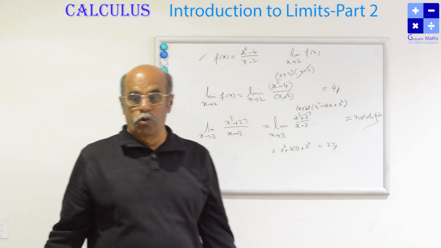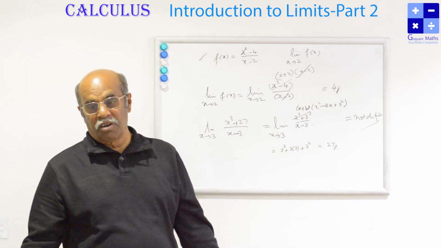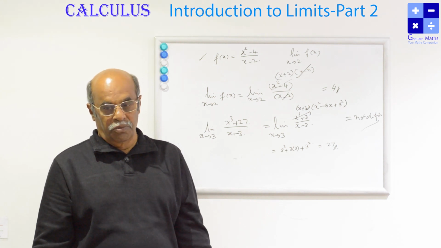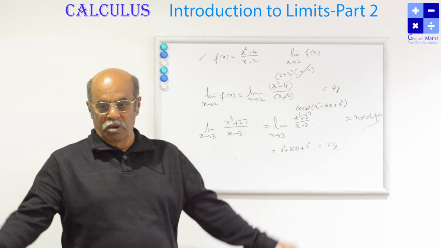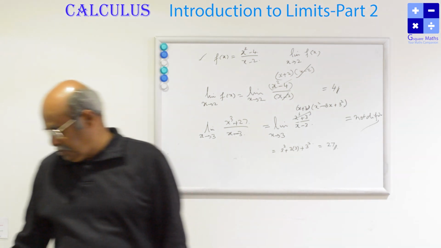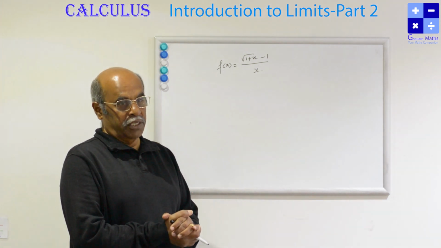Once it is coming not defined, the limit value does not exist. We cannot evaluate. Even if it is asked in the examination, straight away we can write the limit value does not exist. There is no limit value. You evaluated and you are telling that it is not existing. That's all, finished. So now let us come to the third method of evaluating the limit.